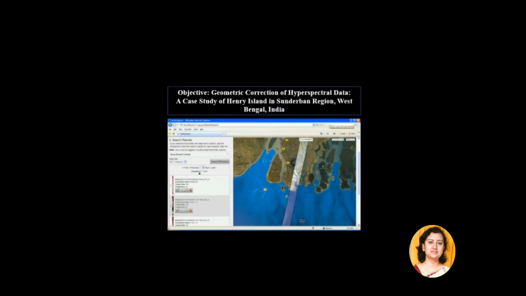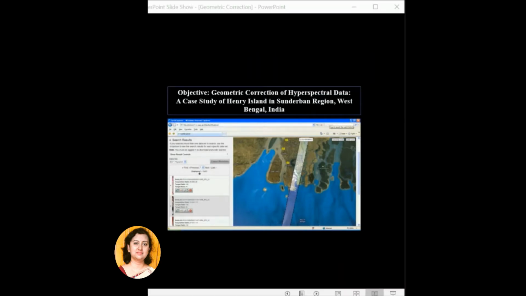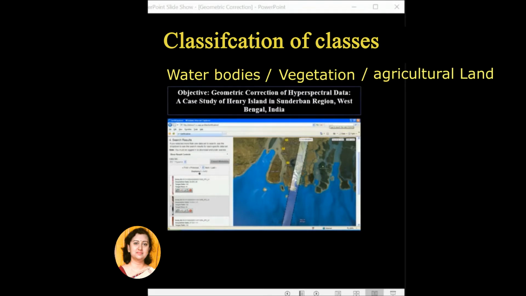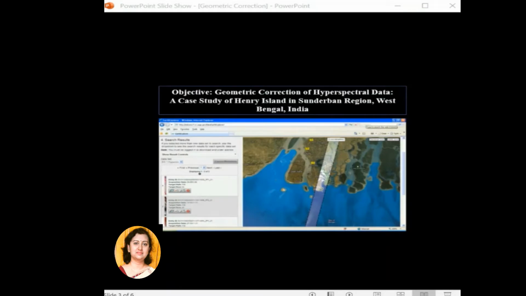And classification of mangrove species is quite difficult, because broad level classification is not so difficult. See, if you want to classify vegetation, water body, agricultural land, this is broad level classification, and this is quite easy also.